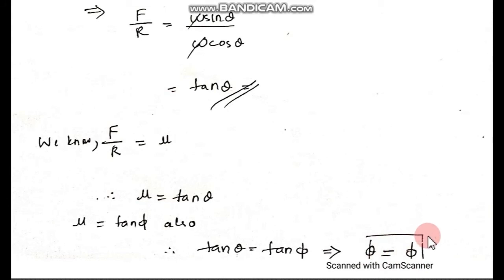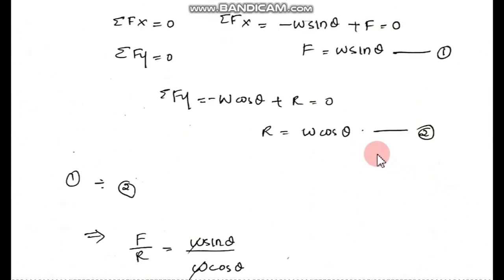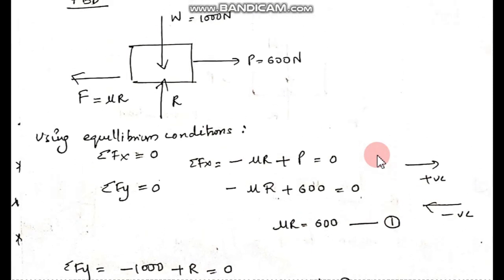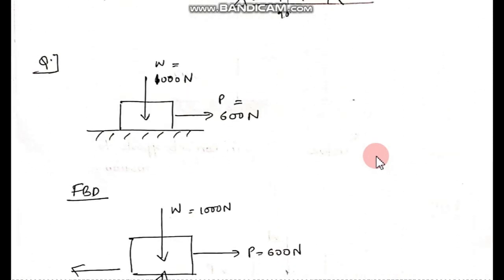So remaining things, the definitions are really important. That is the theory part that will come from friction. That is coefficient of friction, cone of friction, angle of friction, angle of repose, and laws of friction are some of the definitions that will come, and this derivation is really important. Now let's go to one problem in between, a simple problem from which you can do even the complicated problems.